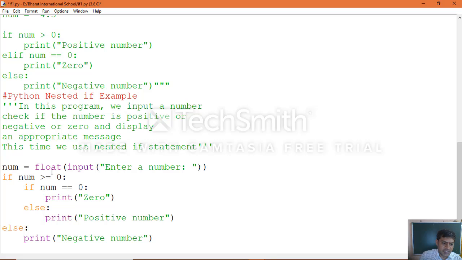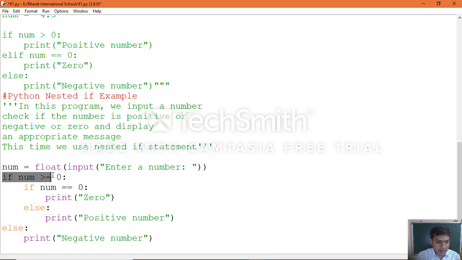Nested if statement, you can see clearly, first we are reading the input value from the user, and we are converting that input into a float value. You can see clearly, this is the statement which asks you to give the input through the keyboard, and it will assign that value to number, and we'll check a nested condition, a condition within a condition. That is what we call a nested condition.